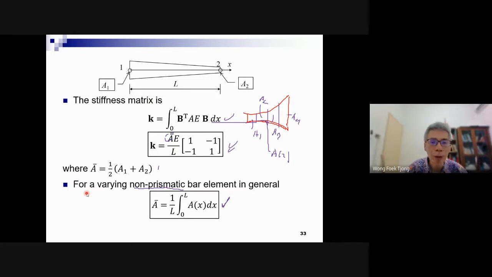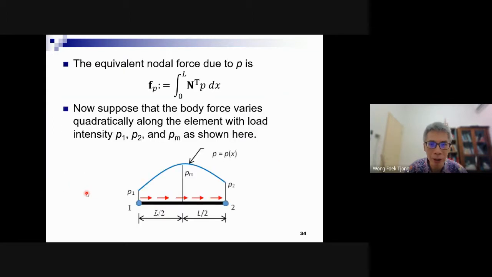Well, when we talk about truss, we didn't talk about the body force, I mean actually the distributed force, P. But in addition to the end forces, in truss we only talk about end forces, we have another force, that's the distributed force. And of course, in the finite element of this problem, we should also calculate this one, right? The external force due to the distributed force, by using this formula taken from the previous one.